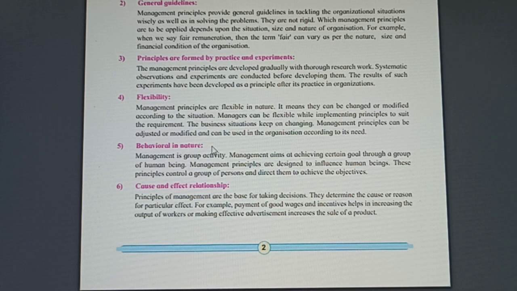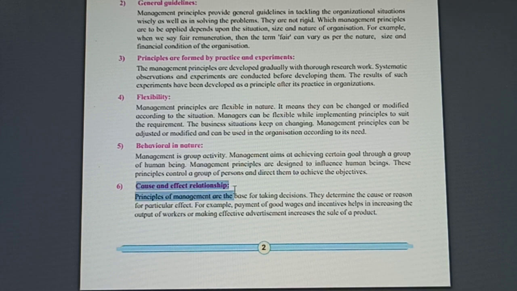Fifth, behavioral in nature. Behavioral in nature is, it is based on the behavior of person to person and goal setting is done in this because, as you know, management is related to human beings and human beings have both things, heart also and head also. Machines, if you are going to deal with machines only, have a head, that is the only hardware part, but human beings have head also and heart also. So you have to be very careful. So it is called behavioral in nature.